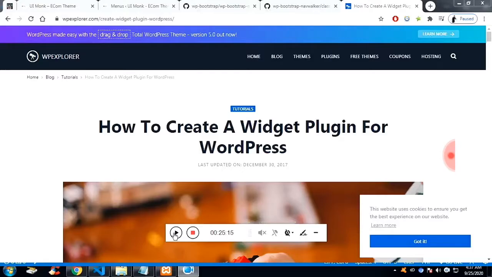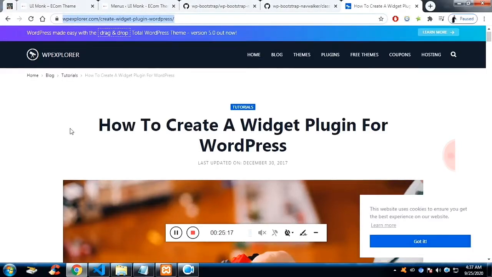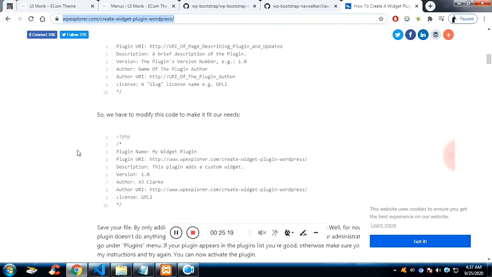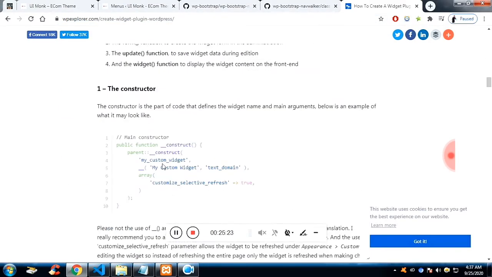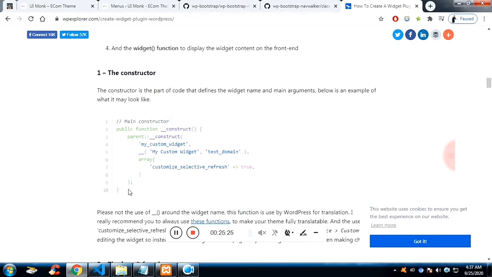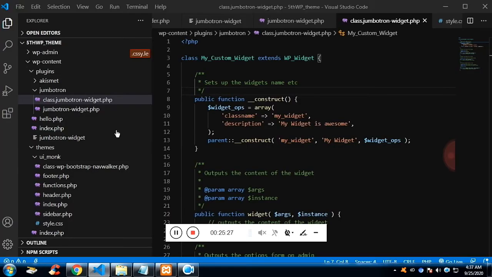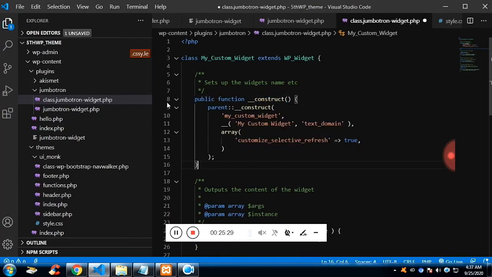The next thing, we have a block, and that will clearly say what things are needed to create a widget plugin. The name of the plugin,